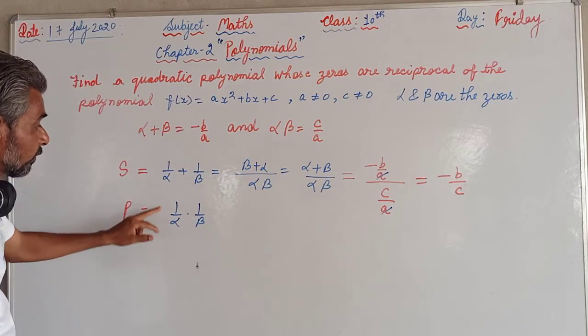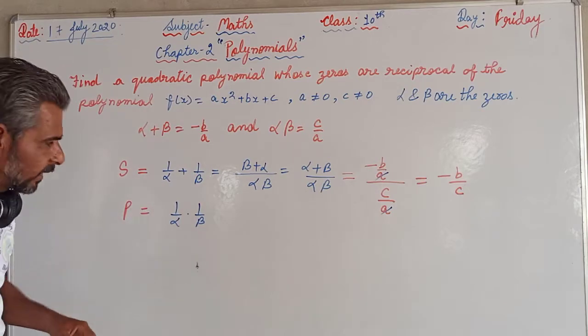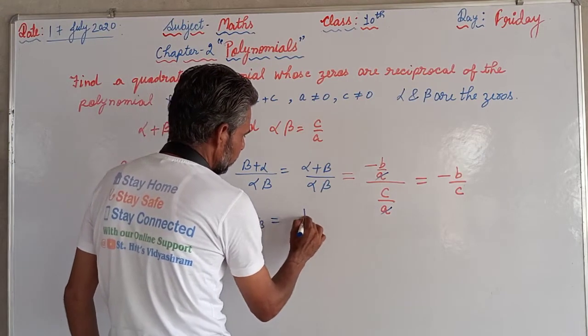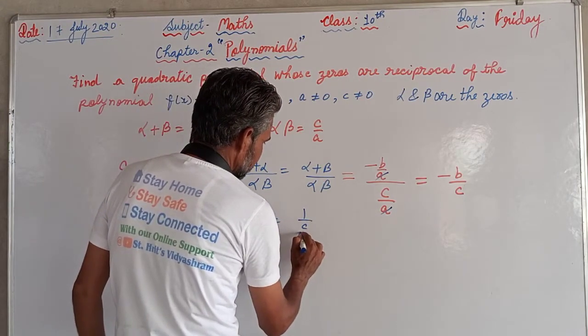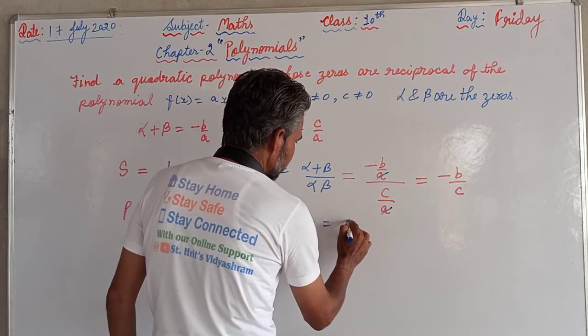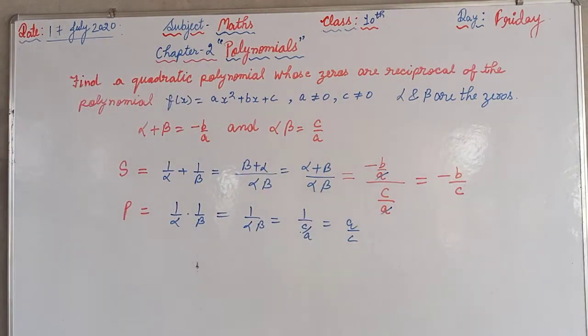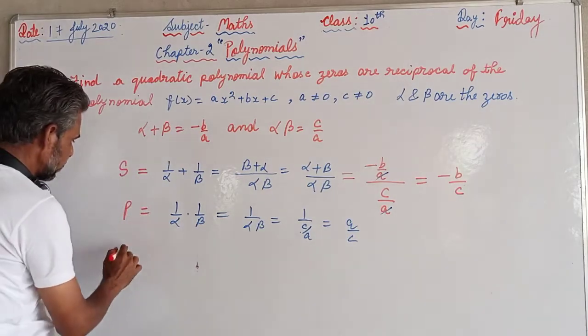Here the product will be 1 upon alpha into 1 upon beta. So this will be 1 upon alpha beta, means 1 upon c upon a, that will be a upon c. So the required polynomial will be hence